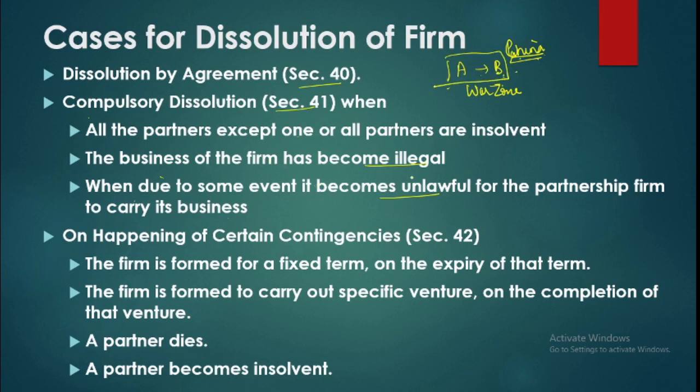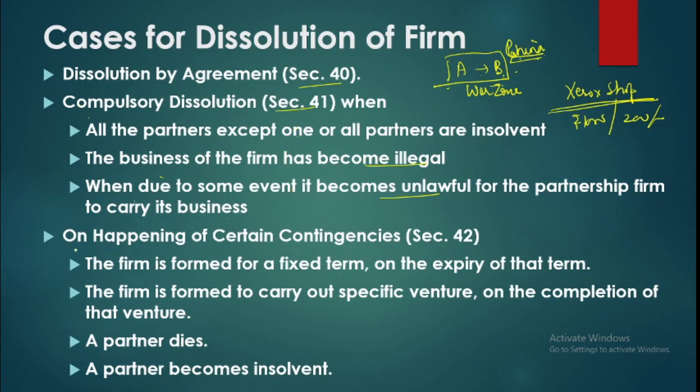So, when the business becomes unlawful, or when the business itself has become illegal, sometimes the business becomes illegal. I still remember that in university you have Xerox shops. You take books from the library or from a friend and you get books xeroxed. A complete book is xeroxed. You don't need to buy a book of, say, 1,000 rupees. You get it xeroxed for 200 rupees. So publishing houses were against this. They filed a case. So for some time there was a stay on the xeroxing of the books, right? At that time the business had become illegal. You cannot operate that business, so you need to close your partnership firm. So there is a compulsory dissolution under these circumstances.